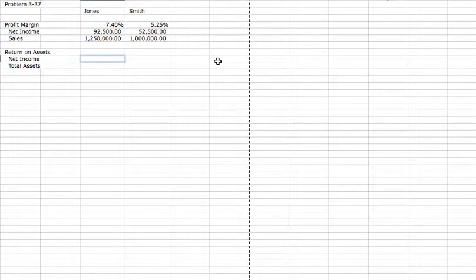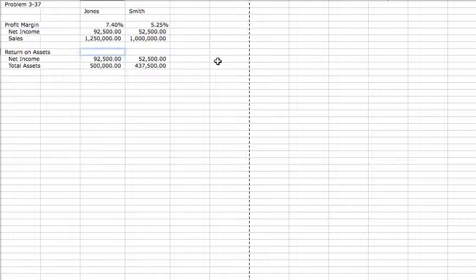For Jones Corporation, 500,000. Oops. We have the net income. That's 92.5 for Jones. Total assets is 500,000. And Smith, we have 52.5 as total income or net income, and total assets for Smith is 437.5. So to calculate return on assets,